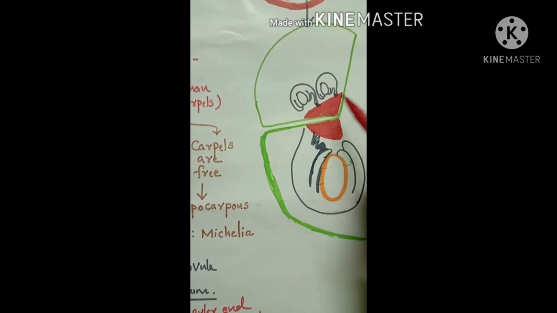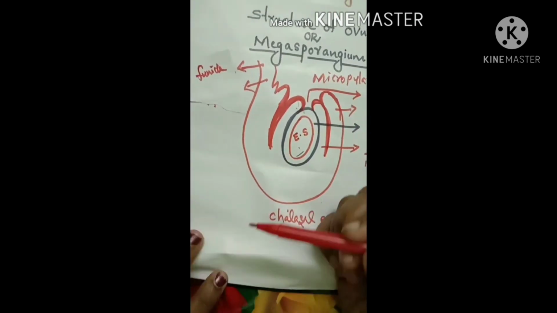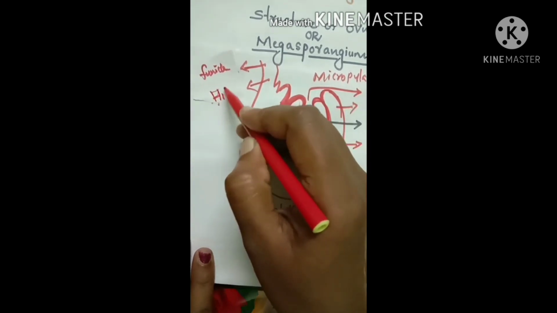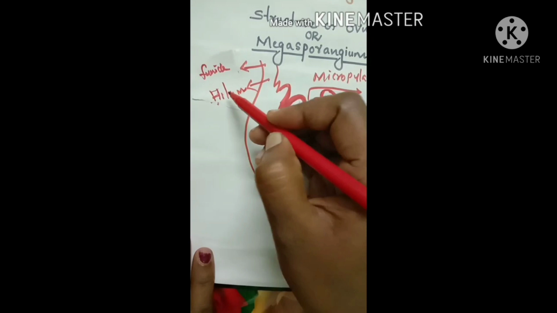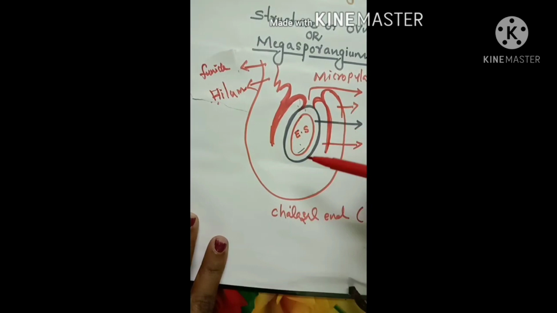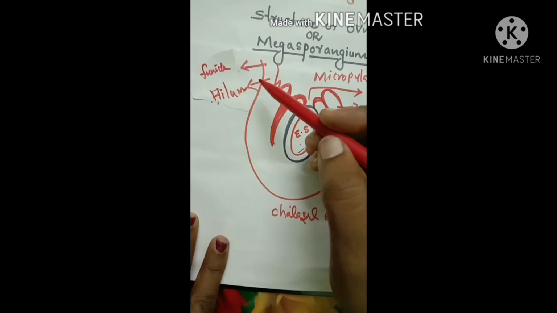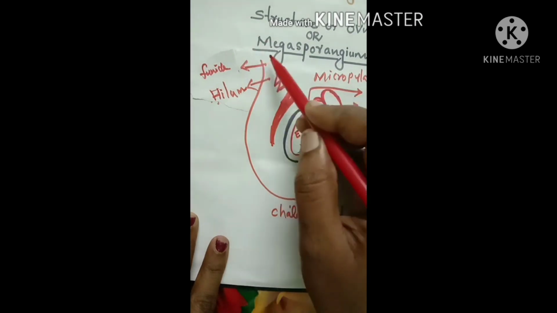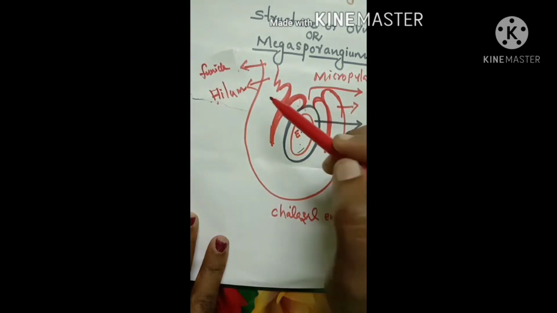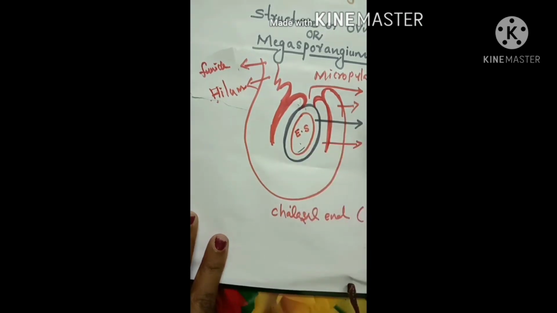So the stalk portion of the ovule is called a funicle, and the rest of the ovule is connected to the stalk by a portion called a hilum. So what do you mean by hilum? Hilum is the region, a junction between ovule and funicle. Funicle is the stalk of this ovule where it is attached with which one? Placenta. And the junction between funicle and the rest of the ovule is called hilum. So this is the structure of megasporangium or ovule.